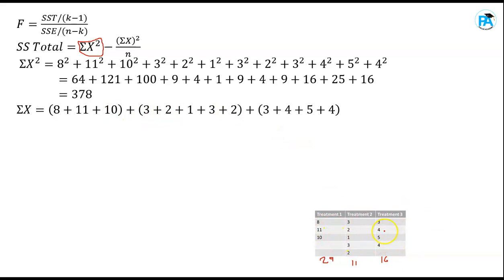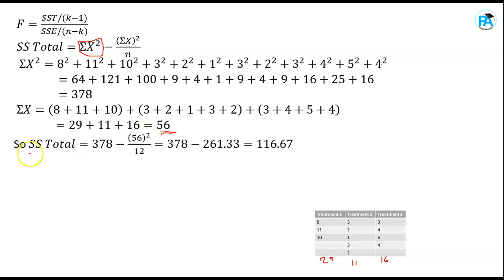Okay, you can put them on the same calculator. 8 plus 11 plus 10 plus 3 plus 2 plus 1 plus 3 plus 2 plus 3 plus 4 plus 5 plus 4. You add all of them together. When you do that, you are going to get 56. Okay, you get 56. So when you get 56, what this means is that to find sum of square